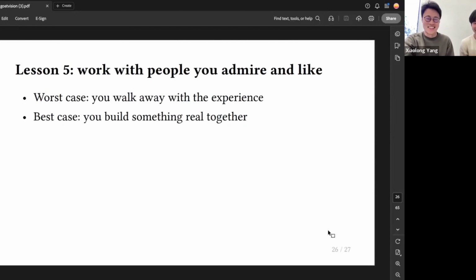Last lesson is working with people that you genuinely enjoy working with. Because a lot of times there'll be problems that you run into in your project. If you're doing it with somebody that you don't really like working with, it's very easy to be discouraged. Whereas if you enjoy working with each other and you enjoy each other's company, it's encouraging to go through. It's easier to go through these problems, and you'll feel more rewarded at the end of it.